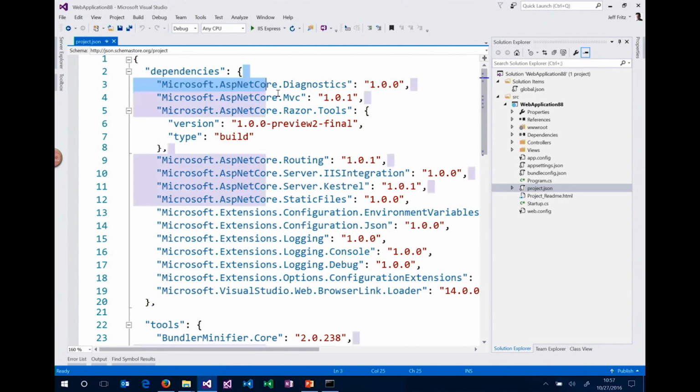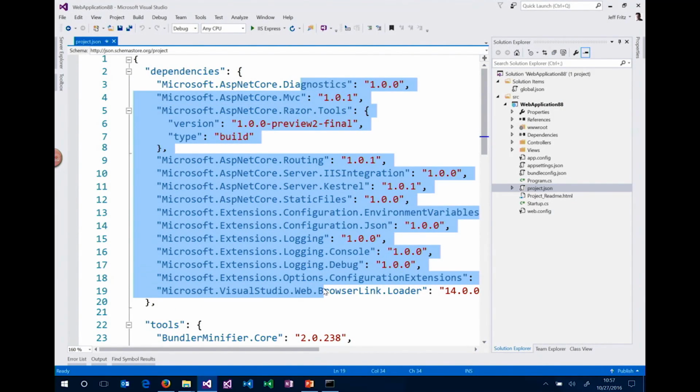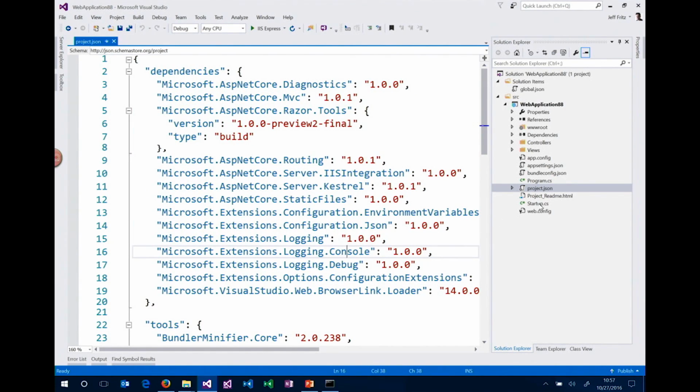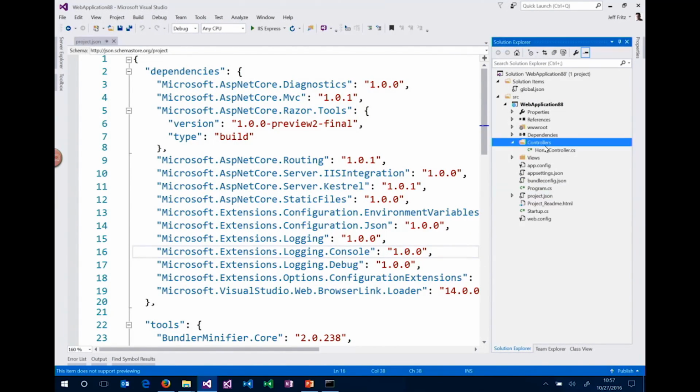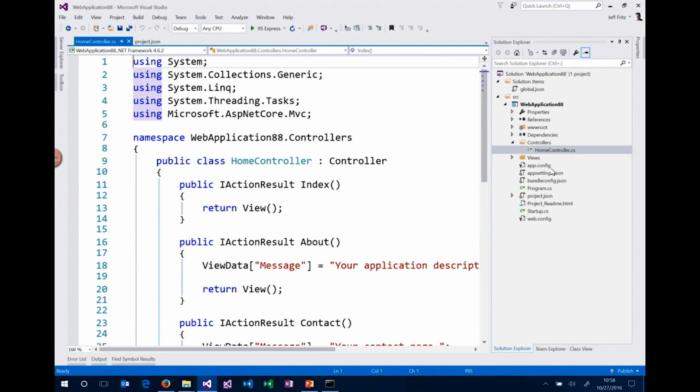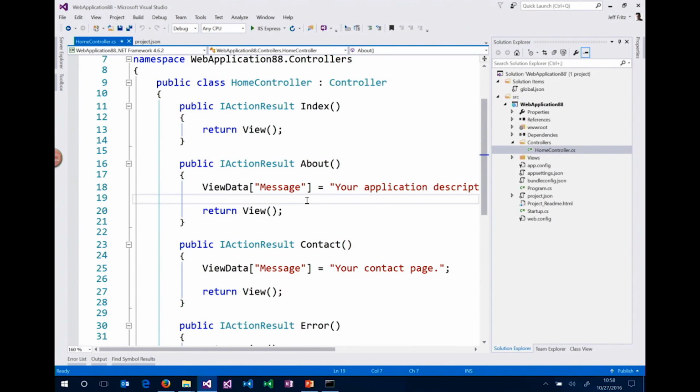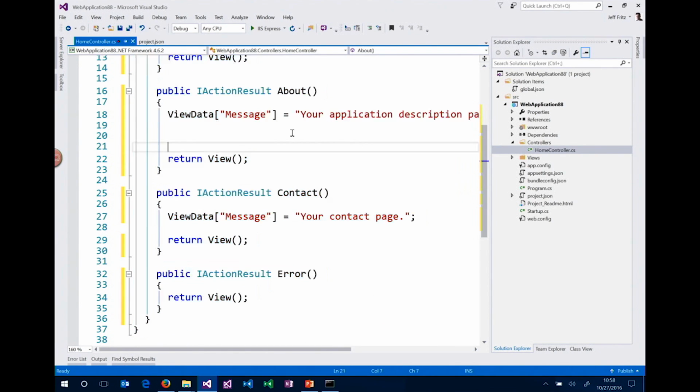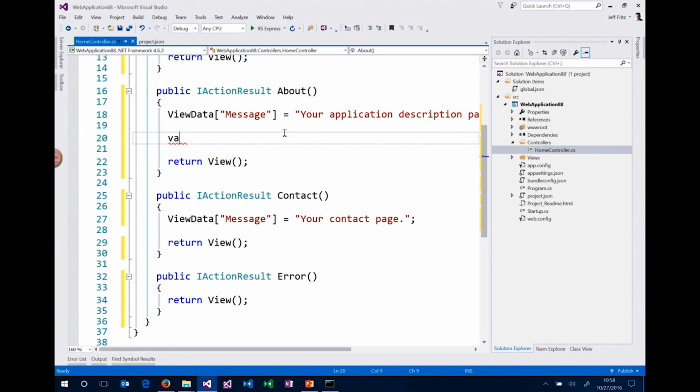You also notice that there is no reference to the .NET Standard or .NET Core app frameworks up here under dependencies. It's just our NuGet packages that we need to run our application. I can add in and use things like the configuration manager right here inside of my application. So let me go over to Home Controller, and I'm going to add into my About page. Let's move things over so it's easier to see. So I'm going to say var my config value